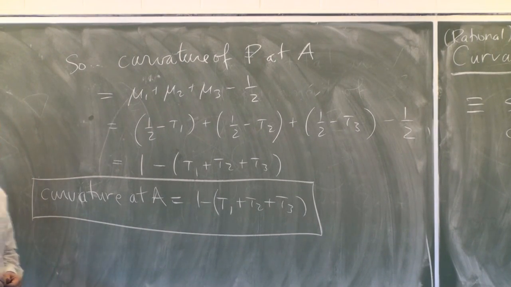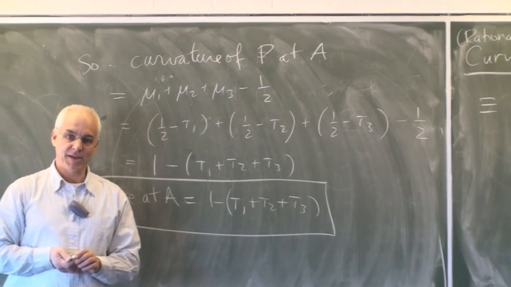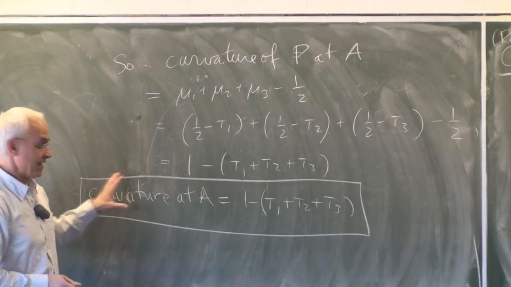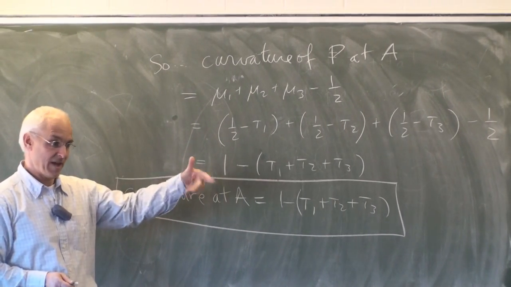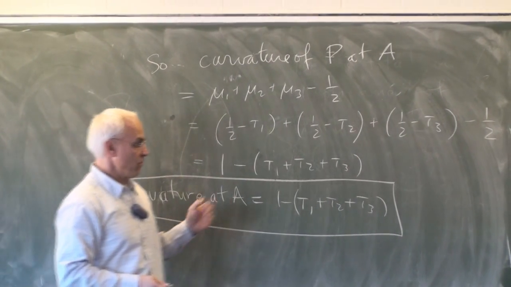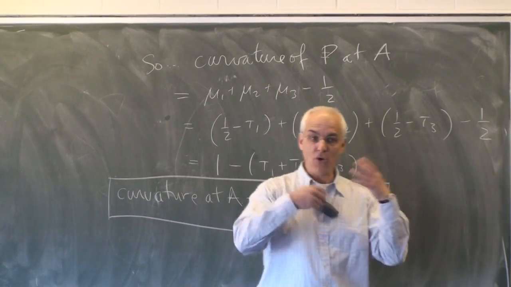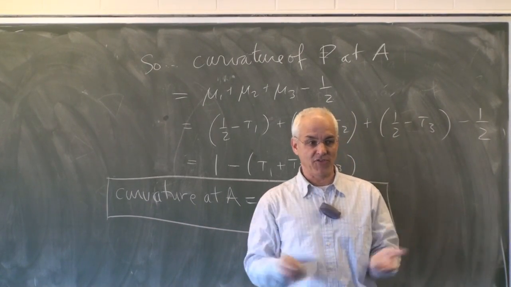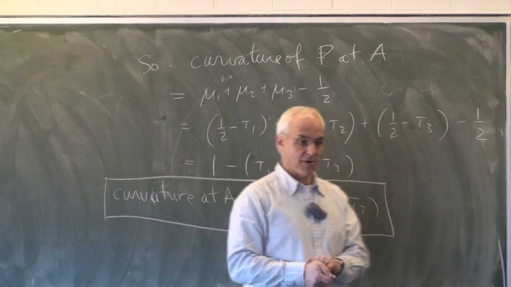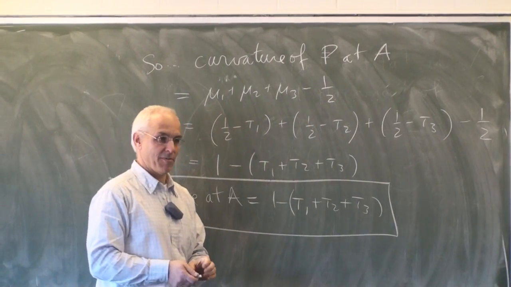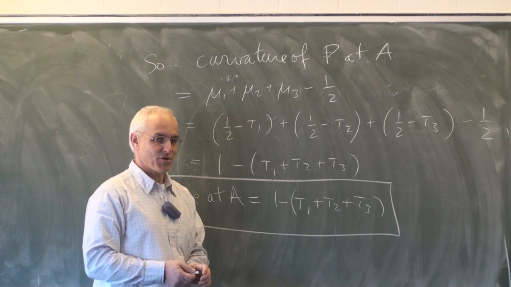Okay, that's probably a good place to stop. When we come back next time, we are going to extend this, first of all, to not just triangular faces, but more general ones, and then we're going to talk about the total curvature of the polytope. We're going to put all this together for every vertex and deduce Euler's formula. It will come out in the mix. So I'll see you then.